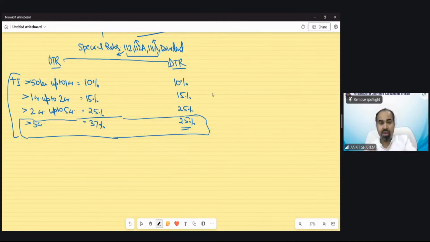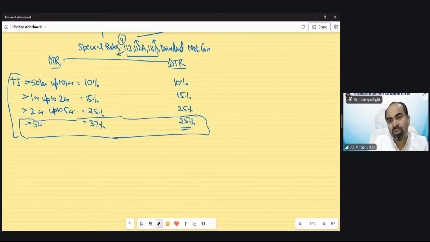But if in the question special rate income has been notified, these four only. If these four incomes are not given in the question, then the surcharge rate would be like this: 10, 15, 25, 37. But if these income